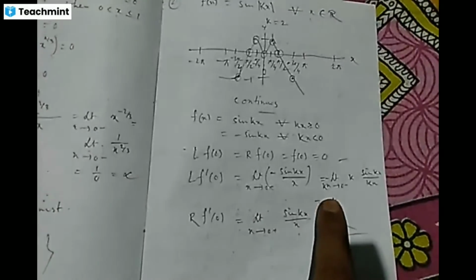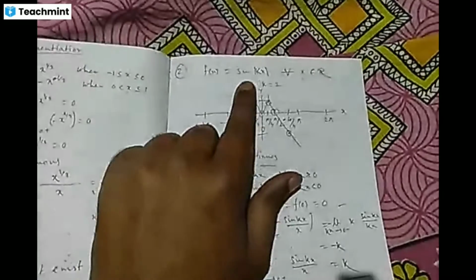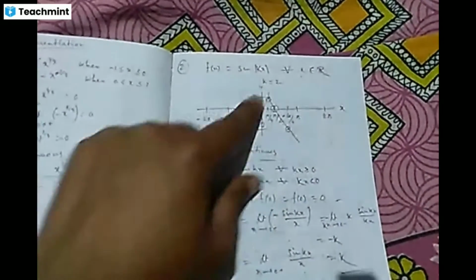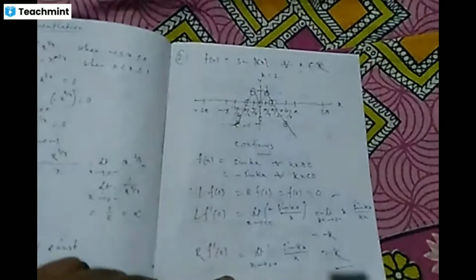Option C: f is continuous and differentiable everywhere. Continuous but not differentiable, so this option cannot be possible. Option D: f is continuous but nowhere differentiable. This is true because f is continuous and nowhere differentiable, because for the value k, k cannot be equal at any point except 0, and at the point 0 this function cannot be defined. Then there is no question about this.